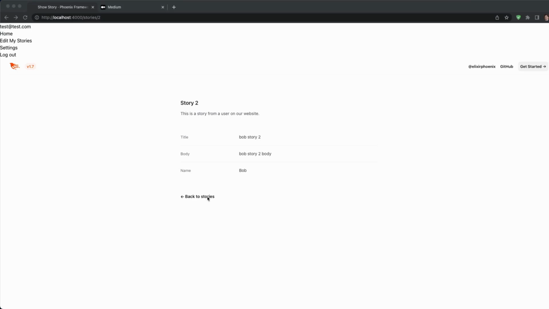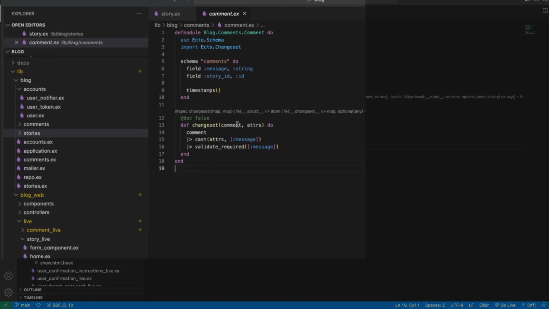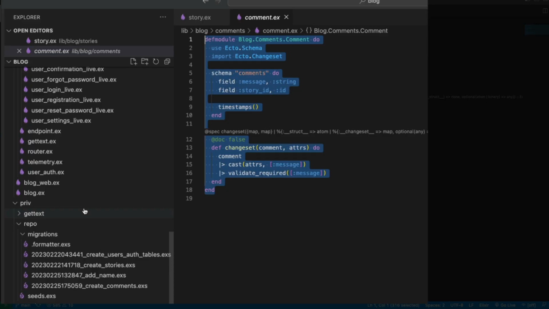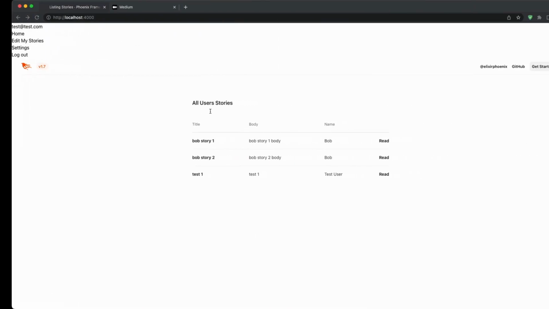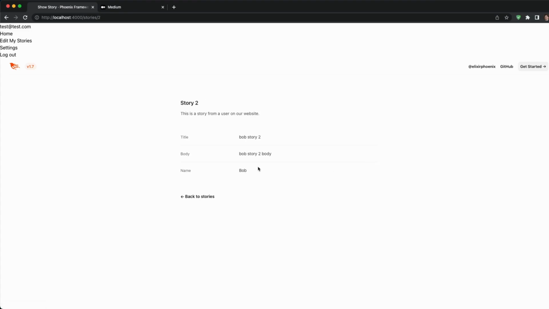Okay, so in the last lesson, we generated our comment schema by just using the LiveView generator. So we did Phoenix Gen Live and we made our comment schema. It resulted in building out the application for us. And last time we ran our migration file, which we did by just clicking the button that pops up here in Phoenix LiveView because it's super convenient for us. And so now we're going to add these comments into one of these existing